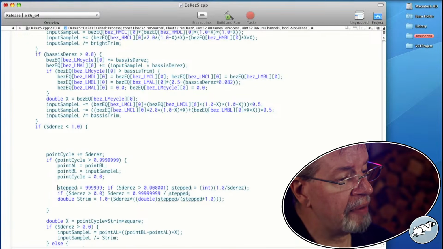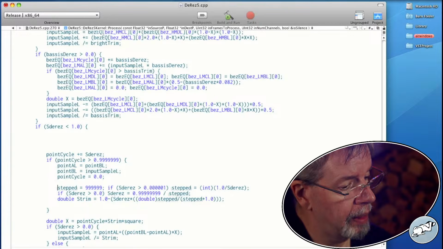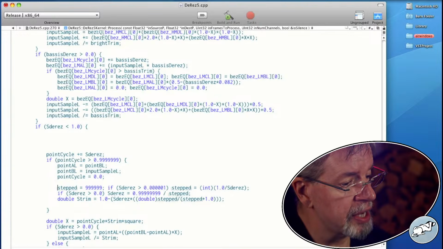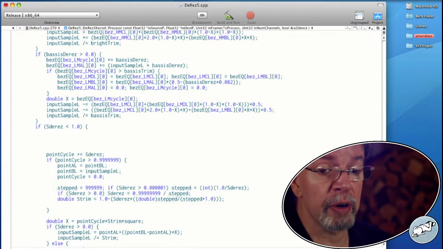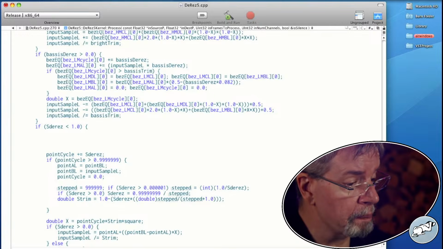We're not going to have an S trim right away. And we're going to need to do something with strim, because we've got this thing where it says input sample L divided by equals strim, so it doesn't get to be 0 no matter what.